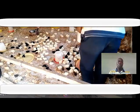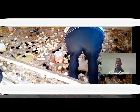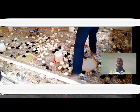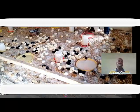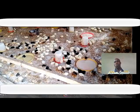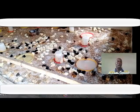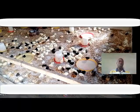We have to do this after we have placed our birds there, just because of the emergency that we experienced in the arrival of these chicks on the farm. You understand? So we have to do that as quickly as possible, just to make sure that you save the life of these chicks that you are seeing. Now, very, very important for you to know that